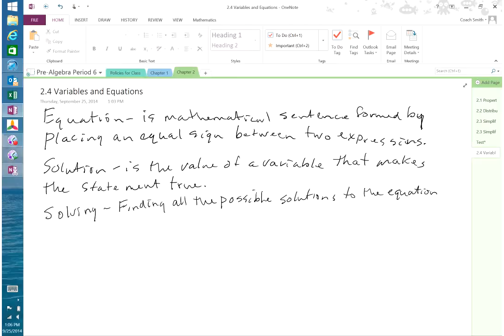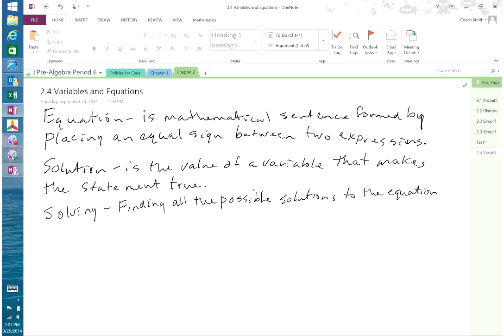All right, an equation is a mathematical sentence formed by placing an equal sign between two expressions. Okay, that's what an equation is. Now, solution,